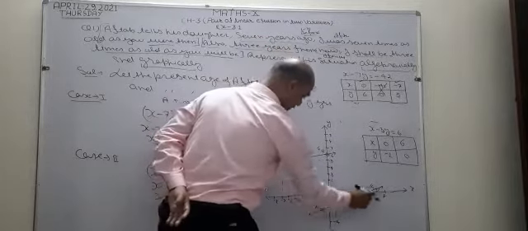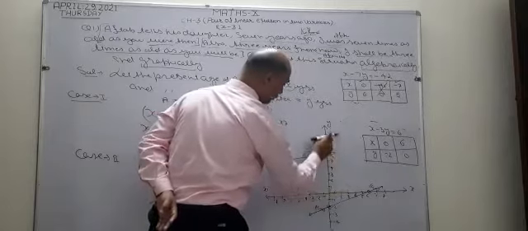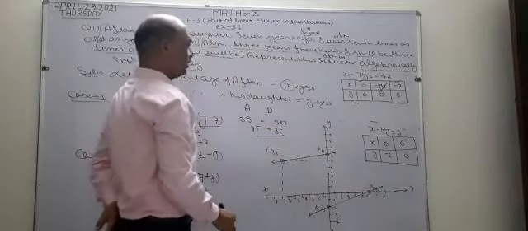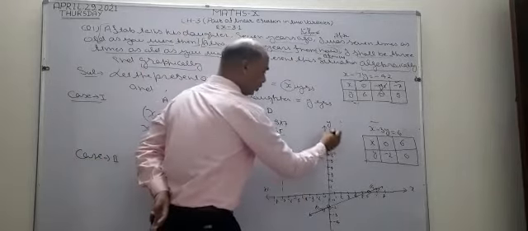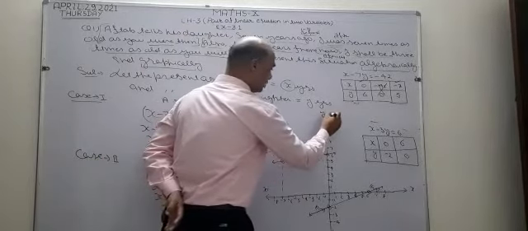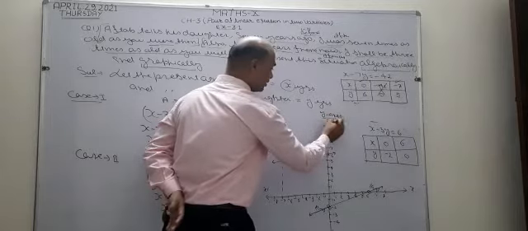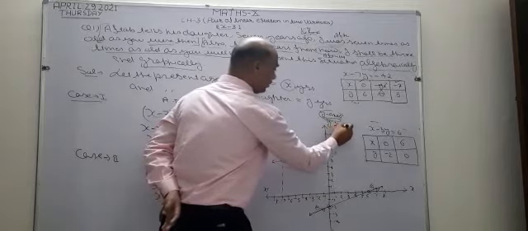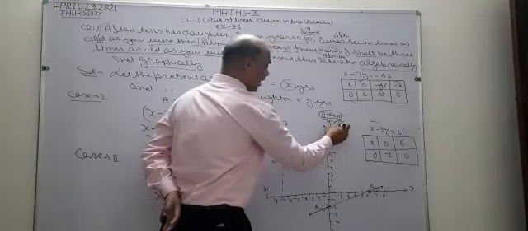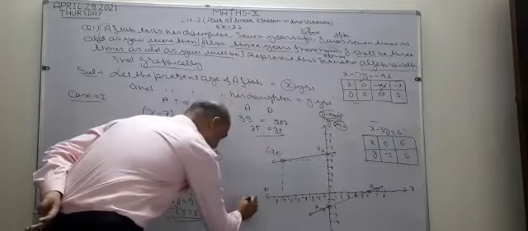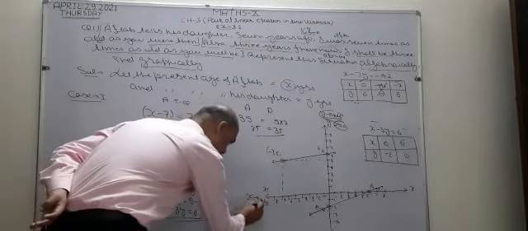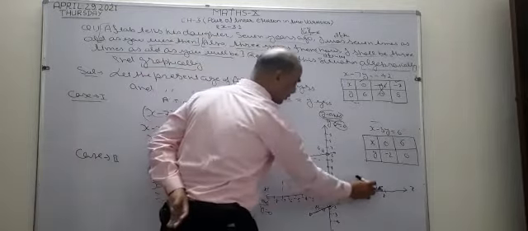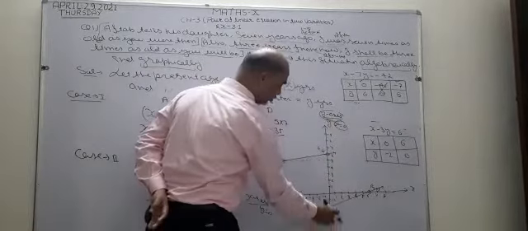Okay, this is the negative x-axis, this is the positive x-axis, this is the negative y-axis, and this is the positive y-axis. Now I am going to draw the graph of this. This line is known as the y-axis. On the y-axis, I can take the value of only y, so x becomes 0. On the x-axis, y becomes 0. When y equal to 0 is given, it means I am going to take this line. When x equal to 0 is given, it means I am going to consider this line.